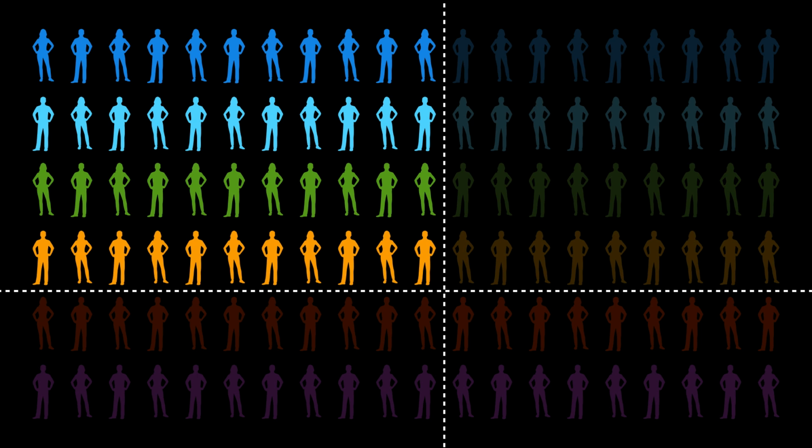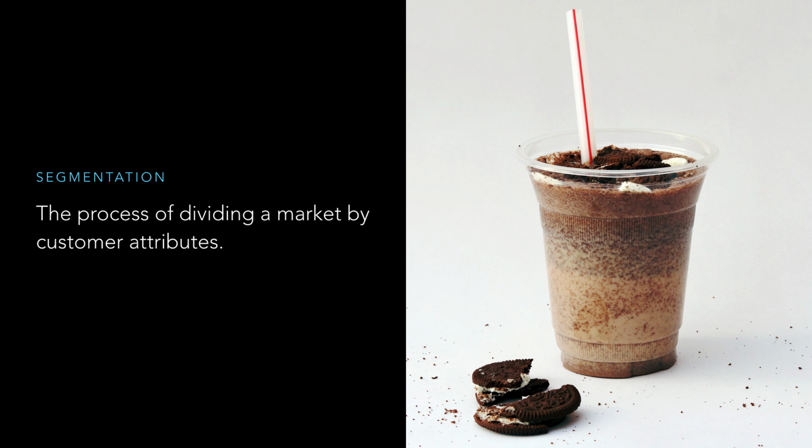The traditional approach to segmentation relies on demography. Age, gender, geography, that kind of thing. Sometimes demography tells us something useful about customers. Usually it doesn't. Remember that McDonald's demographic research did absolutely nothing for milkshake sales. We only want to segment on attributes that tell us something meaningful about customer behavior.